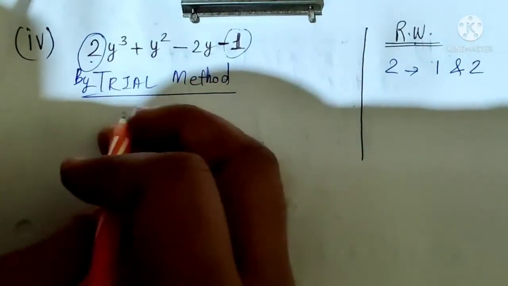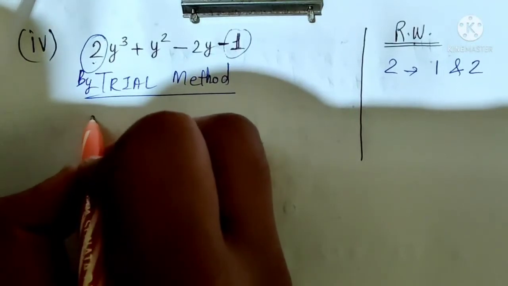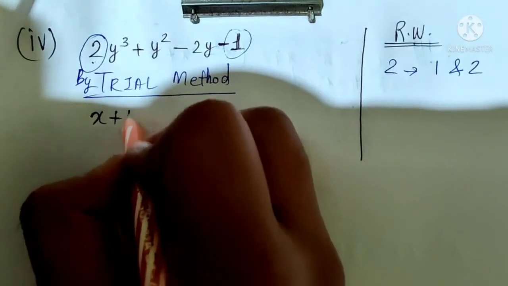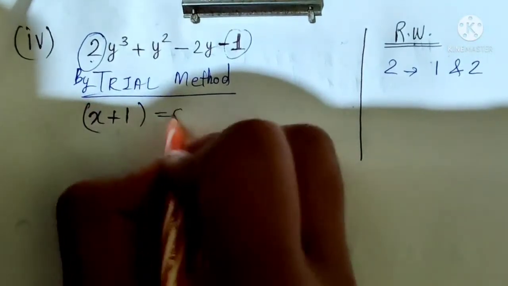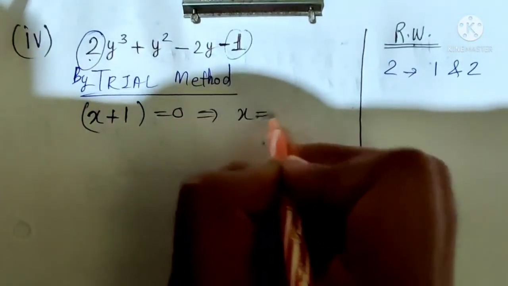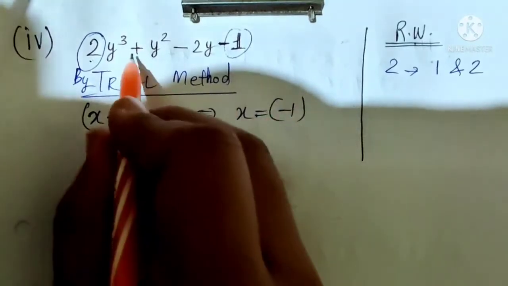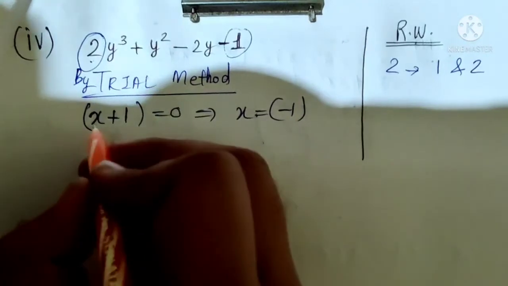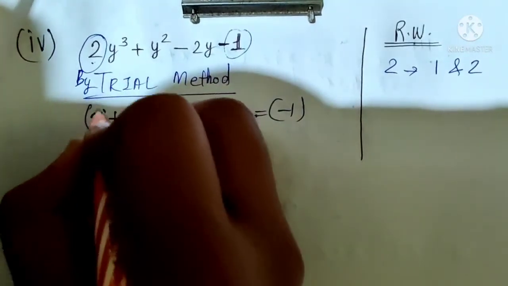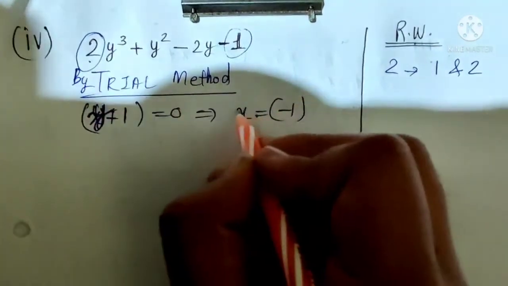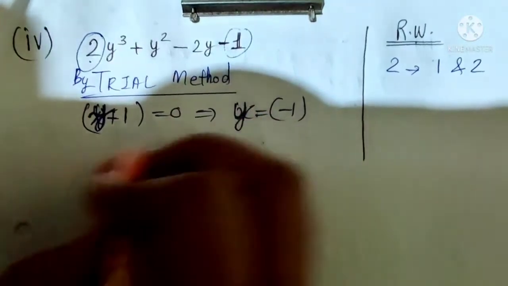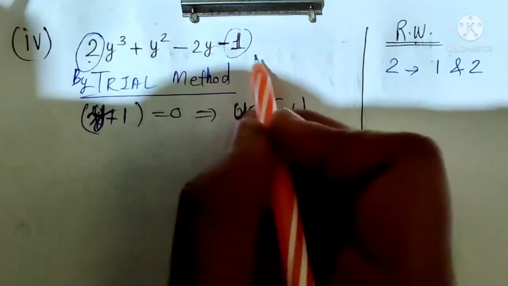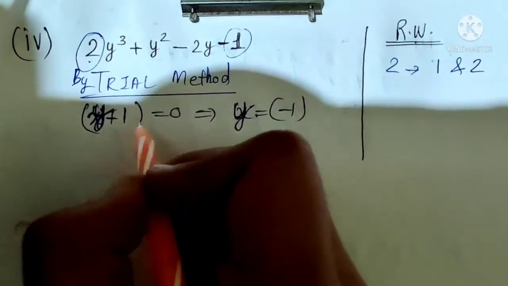what we can do, we can try x plus 1, because 1 is there. First we can try by 2 also, but first let's try by 1. So x plus 1 equal to 0 means the x value will become -1. Now we'll put -1 here. Since we have written it in y, we have to write y plus 1 here, and here also y. So now the y value came -1. If I write -1 in place of y and it becomes 0, then we can say that y plus 1 is a factor of this one.